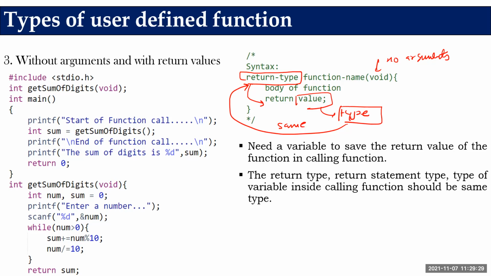Also, we found what will happen, we discussed it in the last part of the video. Do not mismatch. To understand this lecture, I would suggest you please see part 1 of user-defined function, and types of data types in C programming and the structure of C programming, so that you can understand. So type 3: without argument, void. With return value, I want to return an integer.